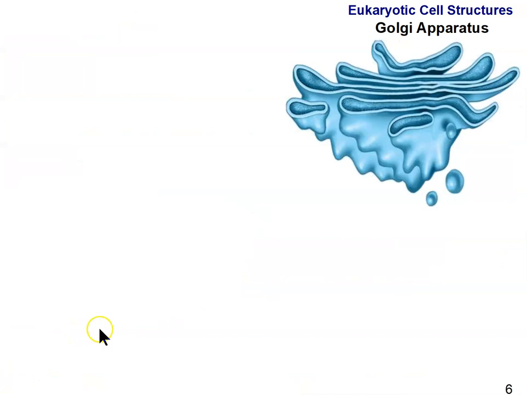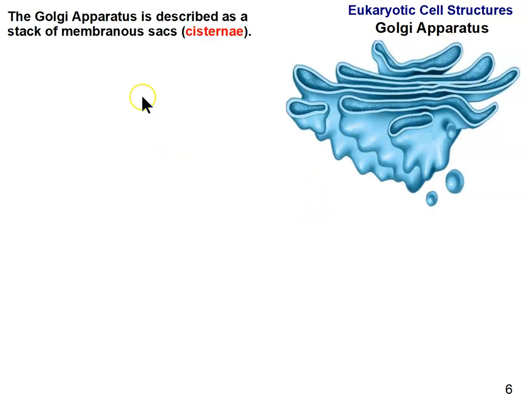So the Golgi is often just referred to as the Golgi, but it's also often referred to, as I just mentioned, the Golgi apparatus. It can be referred to as the Golgi bodies, because each of these membrane sacs that we see here that are stacked up to produce the Golgi, and by the way, this diagram is cut open, so the membrane sacs are cut open so that you can see that they have a cavity on the inside, or what we call a lumen on the inside, a space on the inside, where, again, enzymes are going to act on what is being processed by the Golgi. But it's described as a stack of membrane sacs. The membrane sacs are known as cisternae. So each one of these is a cisterna,